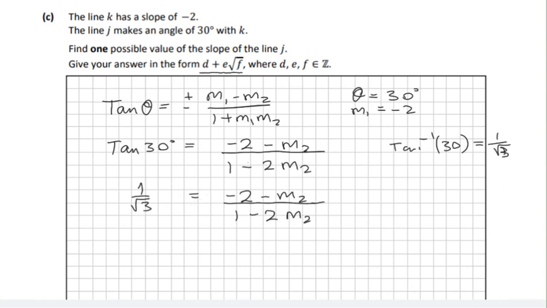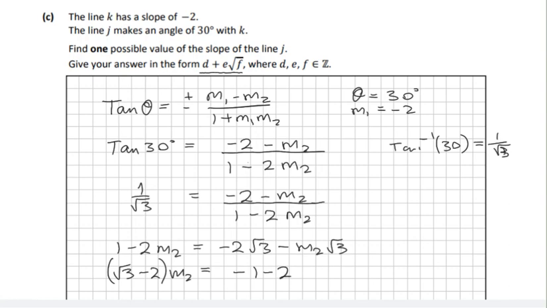So we're going to get 1 minus 2 m2 equal to minus 2 root 3 minus m2 by root 3. Let's bring the m2's to the left hand side, and we will get root 3 minus 2 m2 on the left hand side when we group everything together, and on the right we will just get a number, minus 1